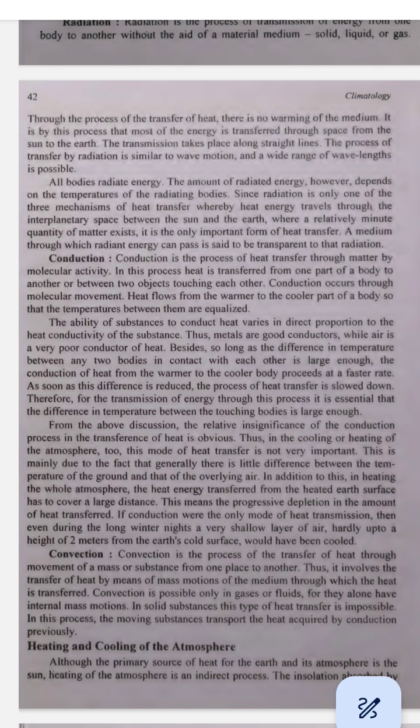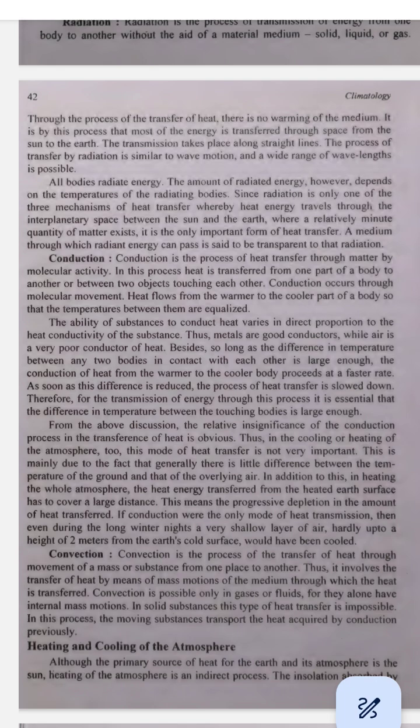Transparency to radiation. Transparent materials. Some materials allow radiation to pass through them. These materials are said to be transparent to radiation. Example, glass windows. They let sunlight radiation pass through them so you can see outside. At the same time, they keep the heat from escaping inside, so your room stays warm. Why? Glass is like a clear window for radiation, allowing light and heat to come in, but keeping the warmth